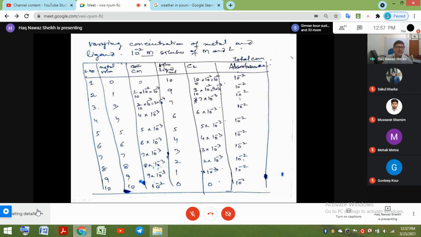तो यहाँ पे जब ऐड करेंगे 10⁻³ कॉमन आएगा, 7 प्लस 3 10 आएगा, तो टोटल कंसंट्रेशन 10⁻² आ जाएगा। इसी तरह हर एक ट्यूब में मैं मेटल बढ़ाता गया, लास्ट वाली ट्यूब में टोटल 10 मिलीलीटर मेटल सॉल्यूशन पड़ेगा और लिगेंड 0। यानी ये प्योर मेटल है और फर्स्ट वाली ट्यूब में प्योर लिगेंड है, तो इसमें एब्जॉर्बेंस दोनों में 0 आएगा, क्योंकि एब्जॉर्ब कॉम्प्लेक्स कर रहा है, तो दोनों में कॉम्प्लेक्स बनने का कोई चांस नहीं है, क्योंकि फर्स्ट वाली ट्यूब में मेटल है ही नहीं, तब भी कॉम्प्लेक्स नहीं बनेगा, और लास्ट वाली ट्यूब में लिगेंड है ही नहीं, तब भी कॉम्प्लेक्स नहीं बनेगा।